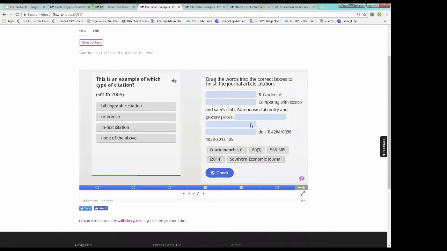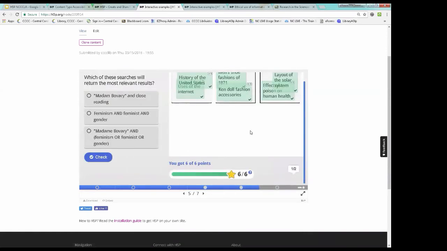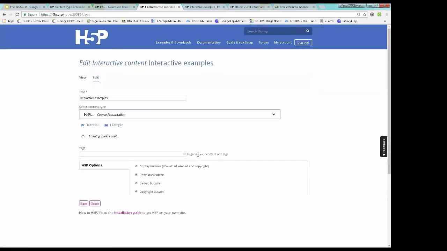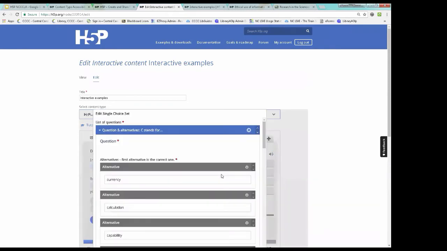And this is an example of how it works for citations. I love using H5P. There are not timers for the activities, but let's see if we can set one. Because I'm just learning too. I mean, I've been working with this for probably the last year, so I'm very interested to see if there is a timer.